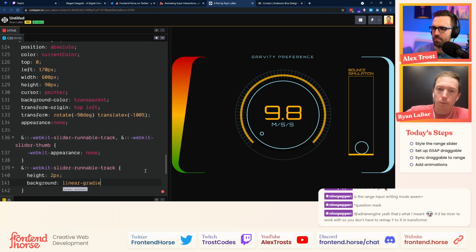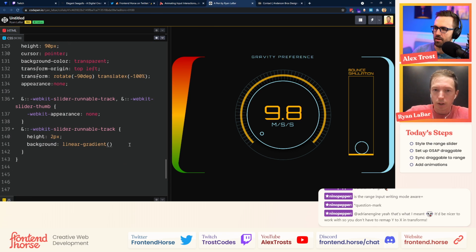So Chrome and WebKit don't have a native way to overwrite the sort of progress bar, if you will, as you move the slider. So this is kind of a hack around that. We'll be tweaking it with JavaScript in a little while as well. Cool. So we'll go to right, because it is a horizontal slider that we're flipping, and then we'll run comma current color,